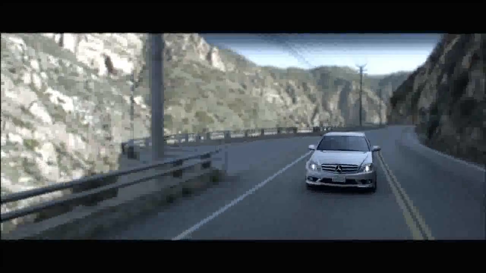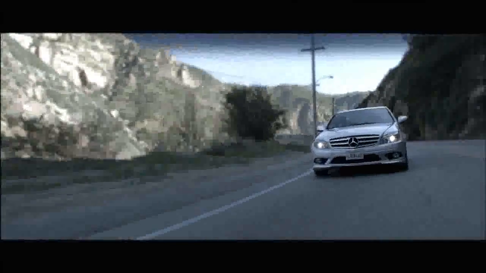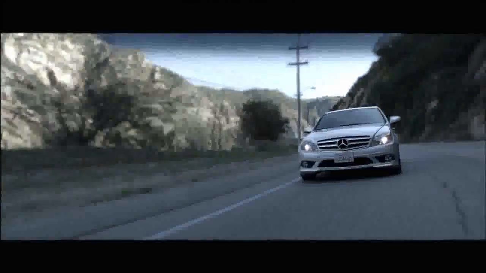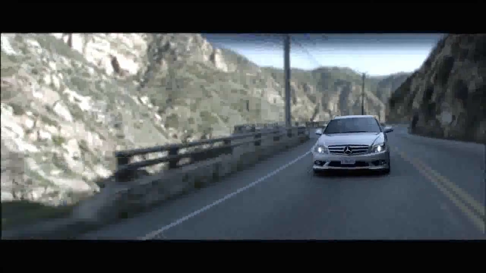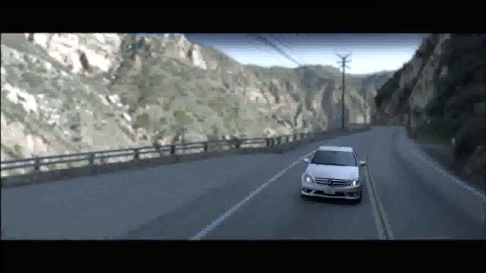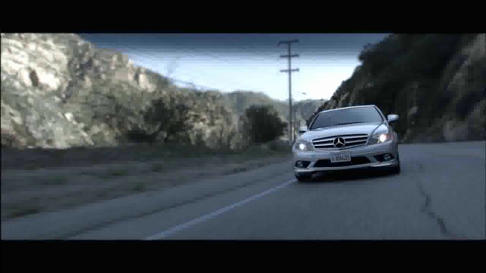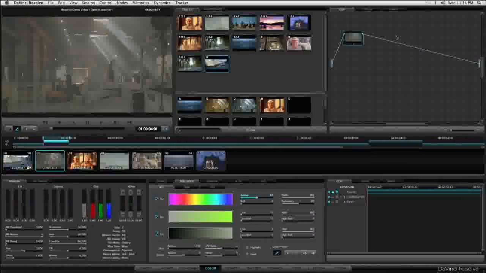I think what's exciting is this shot had 5 grades, 2 windows, and 2 trackers from raw 4K red files on a HD project, and it still plays in real time. What's also great is, I did all this grading from R3D files without a red rocket card installed in the system. The next shot on the same timeline is from an Arri Alexa camera, and the client is not sure